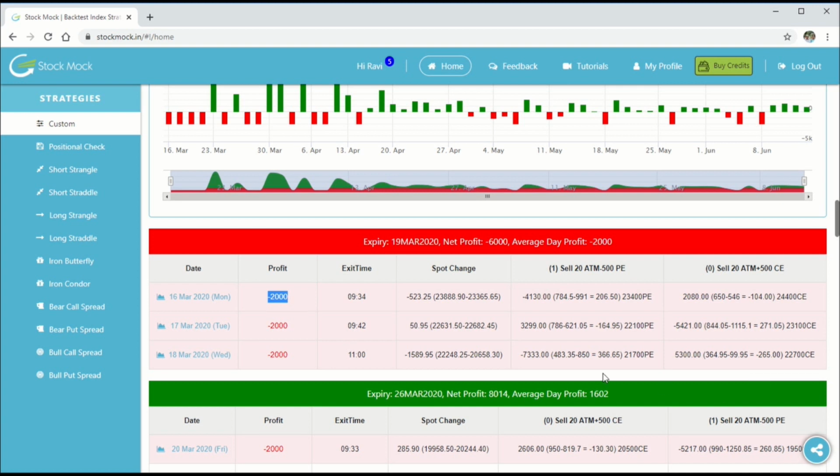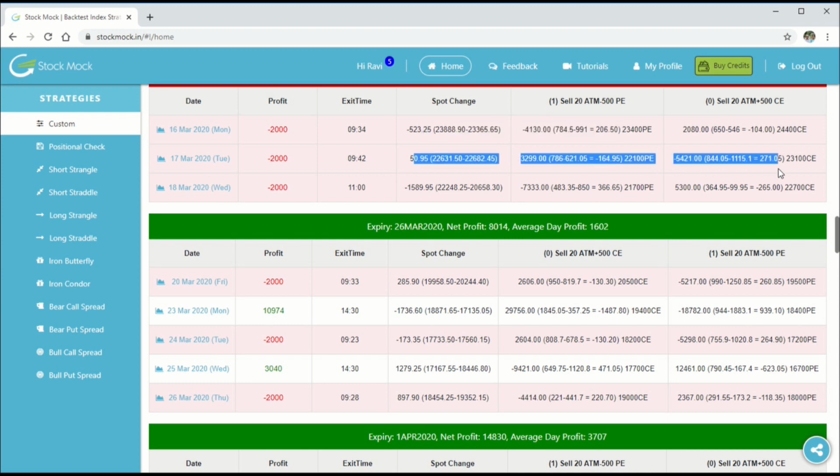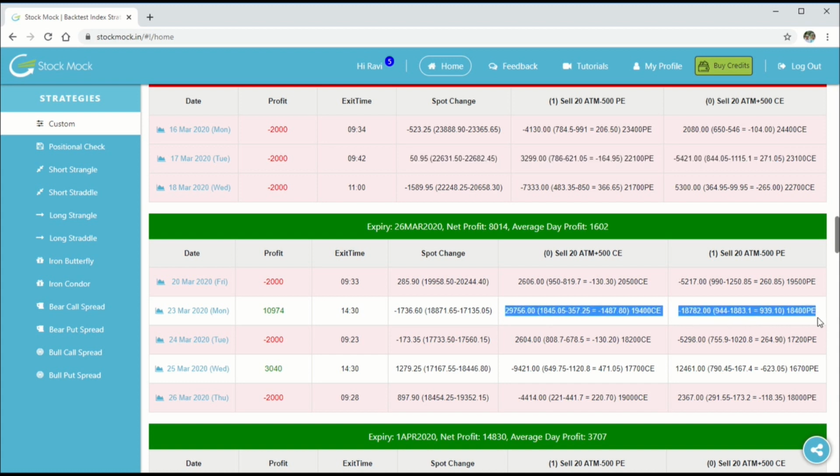So whenever a particular strategy hits stop loss, it is color coded in red, and whenever a particular strategy hits the target, it is color coded in the green background. So very easy for the user to understand what really happened at that particular point. If the background color is white, then it means that neither the stop loss nor the target was hit between the particular time frame where the strategy runs, right?